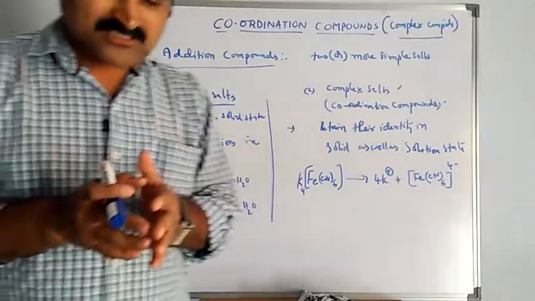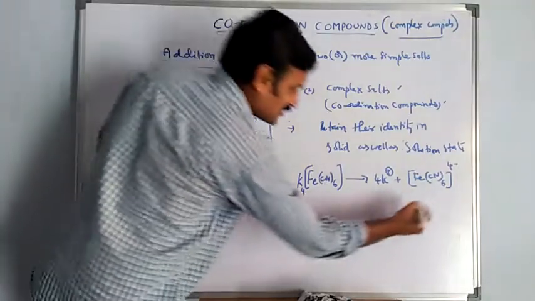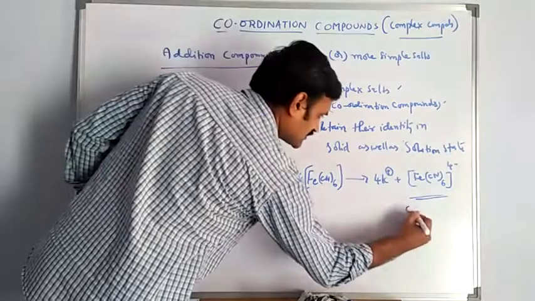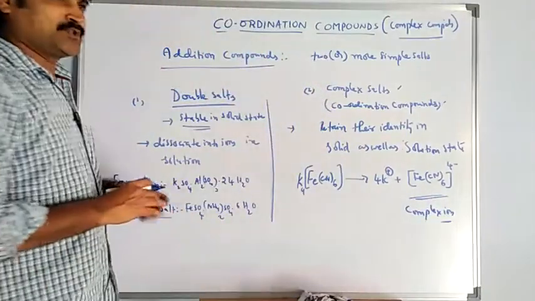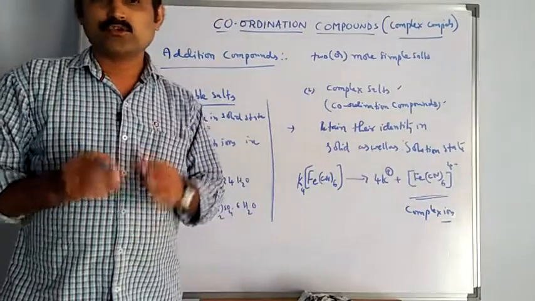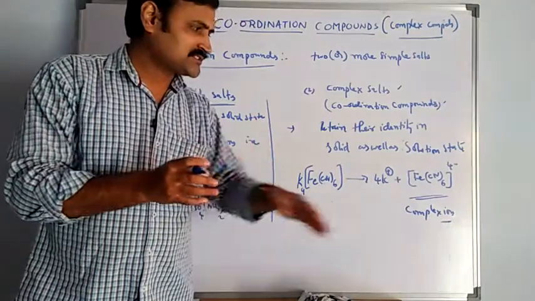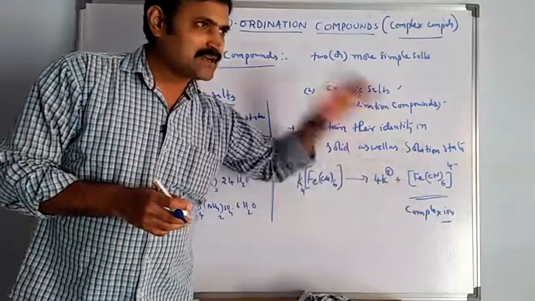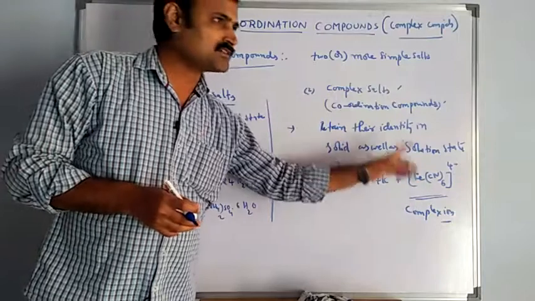So, these ions cannot be tested from their aqueous solution. See, what is the peculiar behavior of this complex ion? If you try to test for cyanide ion or ferrous ion using general analysis, they don't give that result. Why? Because a complex ion has separate physical properties compared to the constituent ions, Fe2+ ions